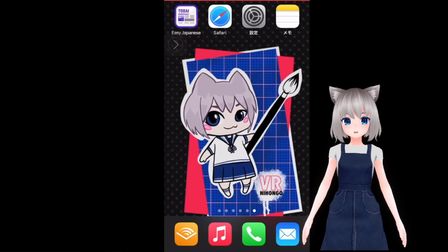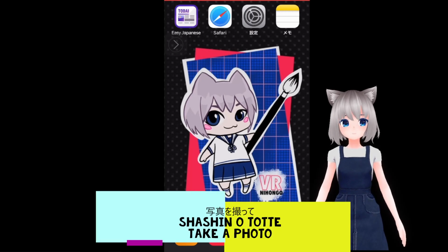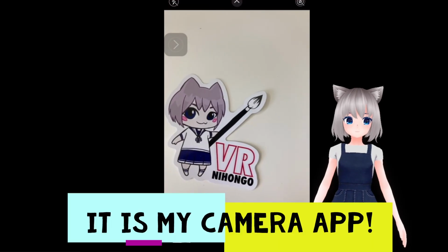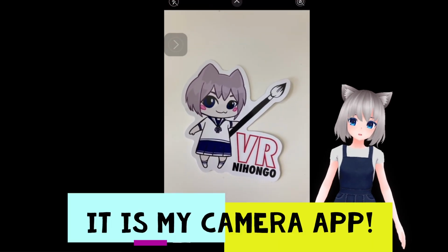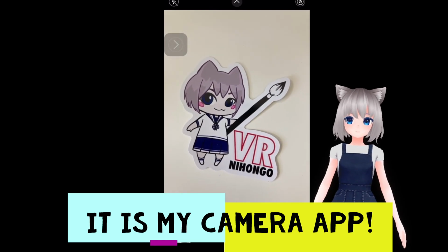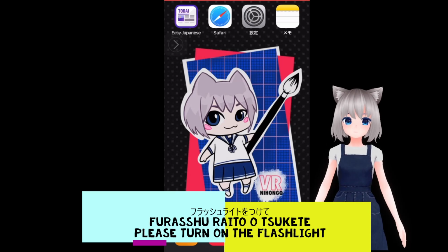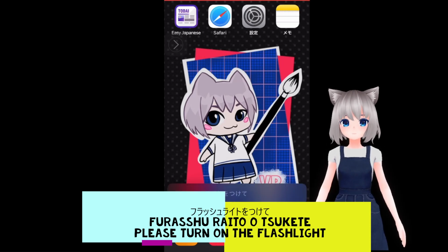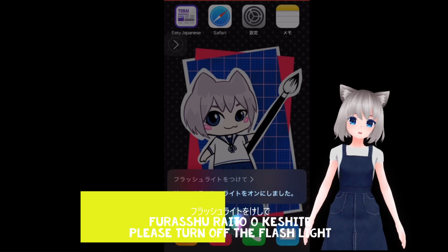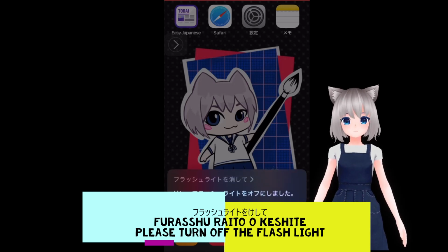Let's try something else. We're going to ask her to do something. For example, 写真を撮って。 Now the phone has shifted to the camera app so I can take a photo. So that's a success. You can also turn on and off your flashlight. フラッシュライトをつけて。 はい、フラッシュライトをオンにしました。 You can't really see it's on, but it is on. Then you can ask her to turn it off. フラッシュライトを消して。 はい、フラッシュライトをオフにしました。